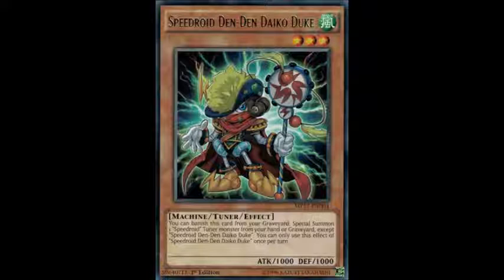And it's a level 3 with 1000 attack and defense, and you can banish this card from your graveyard to special summon one Speedroid tuner monster from your hand or graveyard except itself. You can only use this effect once per turn. So it's a quick revival effect, and I always love it, but it's not a during either player's turn effect, so you're not going to use this on the opponent's turn. I'm just pointing this out, but you can actually fetch yourself an easy tuner with this, and yeah, run 2,